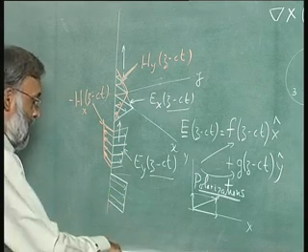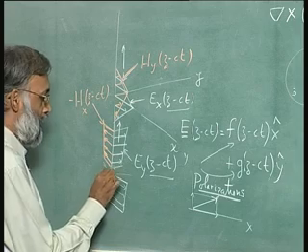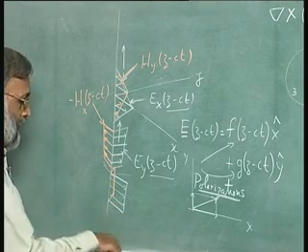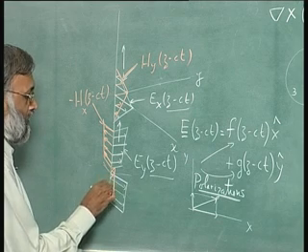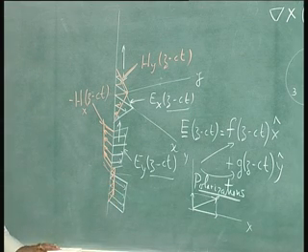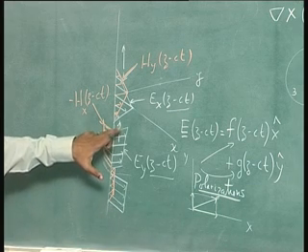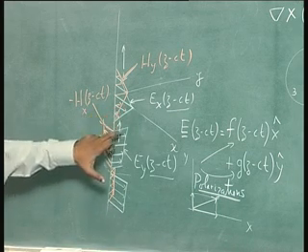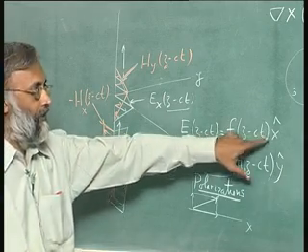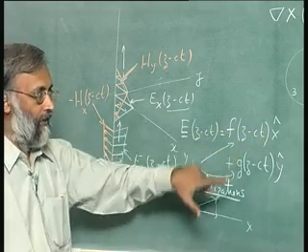In which case, the magnetic field would neither point along y nor along minus x, it will point in some intermediate direction, and it will look like that. But that wave in fact can be broken up into a combination of this wave and this wave, because any general direction of the electric field can be broken up into a component along x and a component along y.